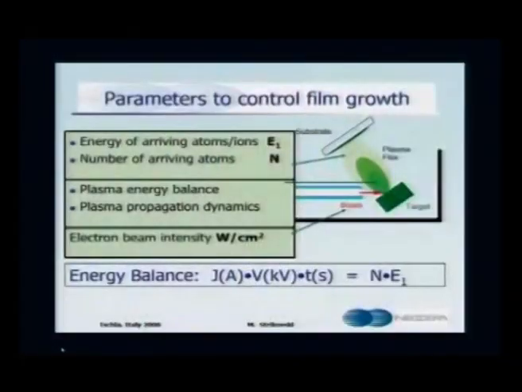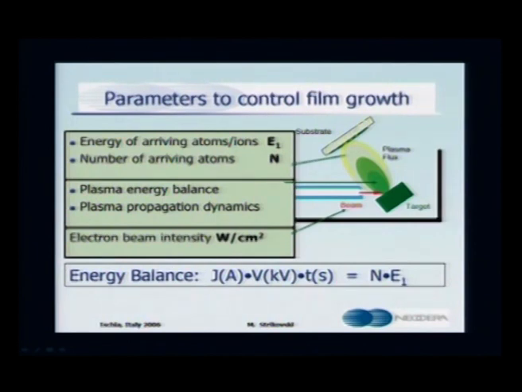At the optimum distance between the target and the plume, say 6 centimeter, you can actually vary the deposition rate considerably. Now the parameters that control the film growth have some numbers in them. When you have a substrate, which is your single crystal here, mounted perpendicular to the plasma, the energy of the arriving atoms at the end of the plume